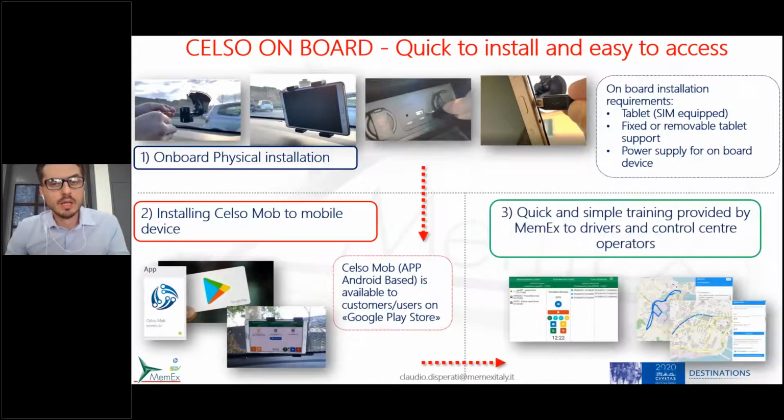As said before, a basic concept is that CELSO has to be very simple, and this simplicity concept is present also from the point of view of the onboard system installation. In fact, we have a few steps to follow in order to start up the system. In particular, as we can see, the first step is to make an onboard physical installation with a commercial or